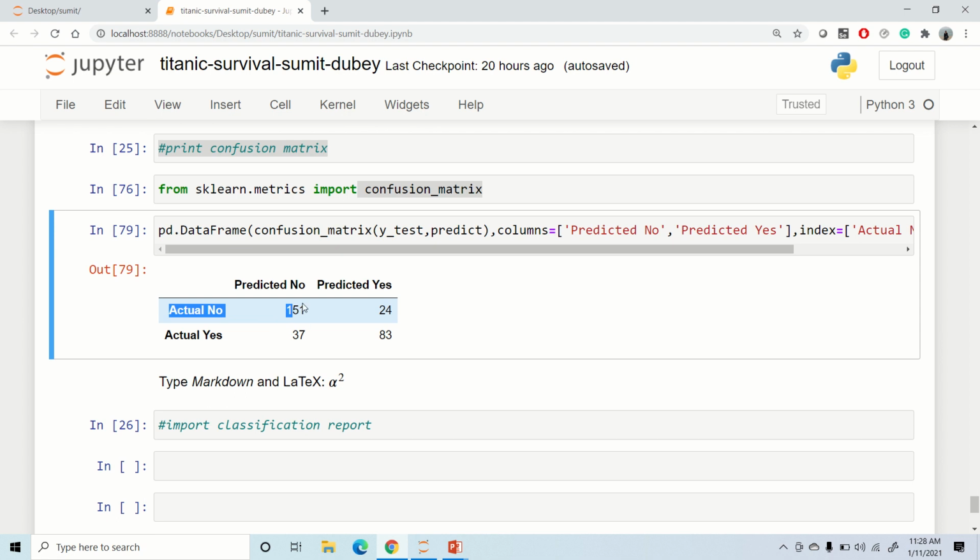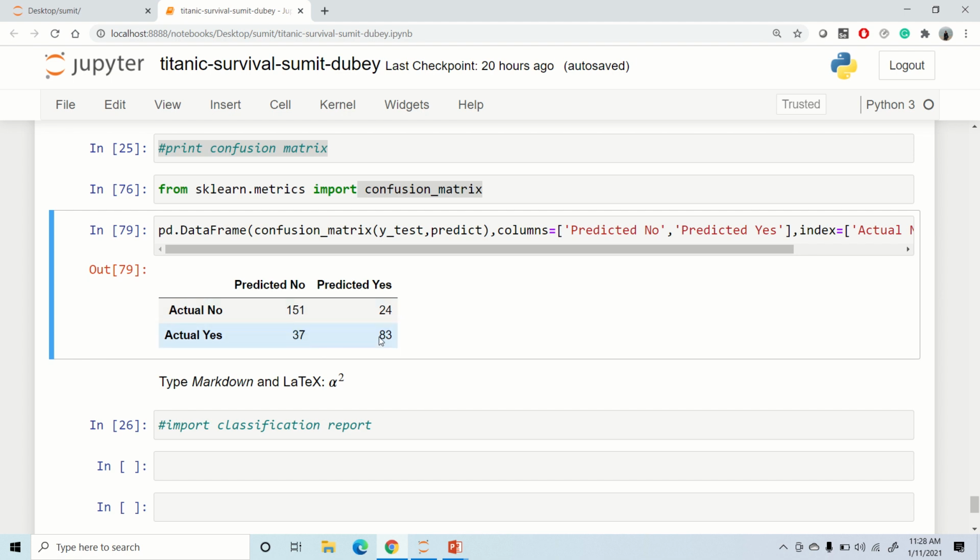Again, these many passengers our model predicted have survived, but they didn't survive actually. So this is incorrect. Now these many passengers our model predicted didn't survive, but they actually survived.